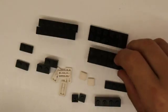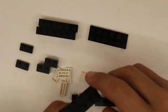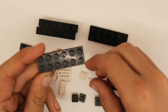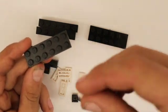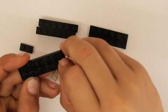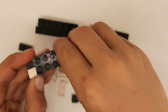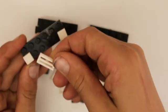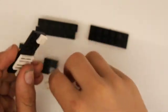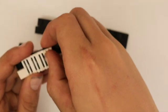First, you'll need a 2x6 plate, and we will be starting by making the keyboard keys first. So what you'll need is two 1x1 tiles, and they go on the edges there, like that. Then you need these grill pieces in white, and you put in 4 of them, and you put them along the 2x6 like